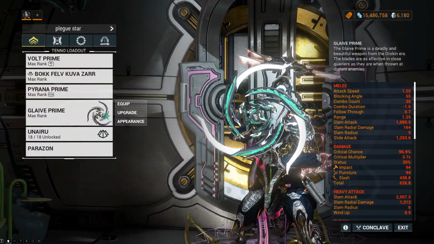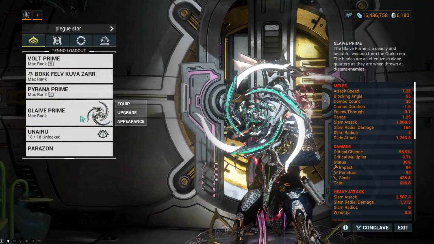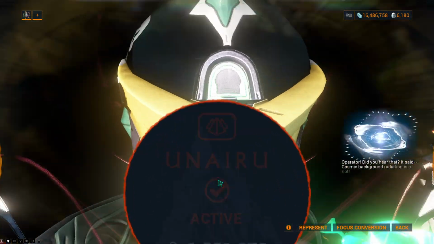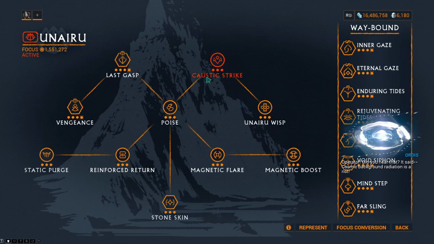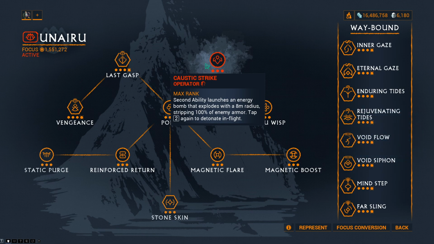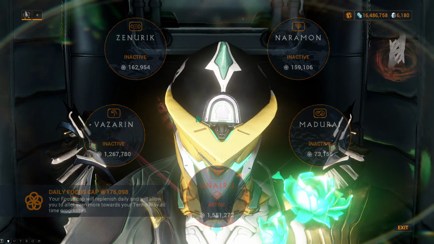You can use any melee weapon. I don't even use the melee weapon. But if you don't have this, it has a second ability which, when maxed out, removes all enemy armor with radiation. And this is what I'm going to be using, but if you don't have that, you can simply choose to use a weapon like this,